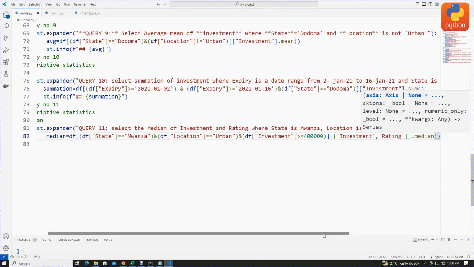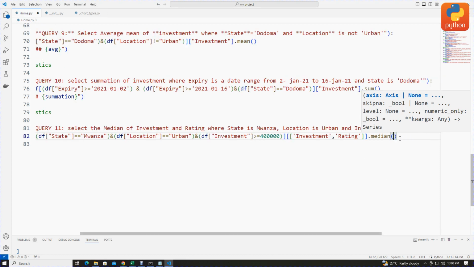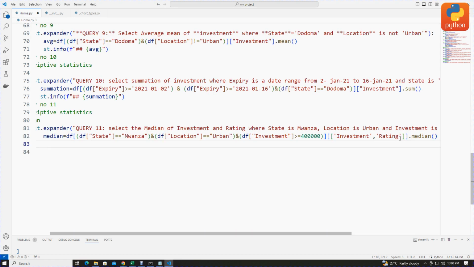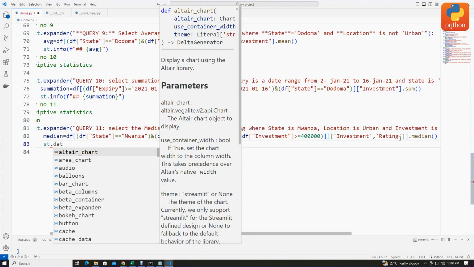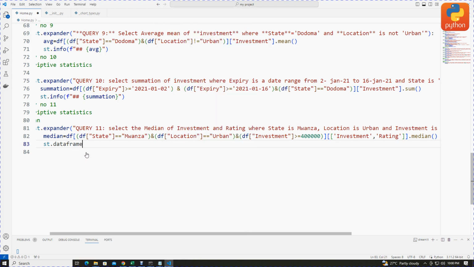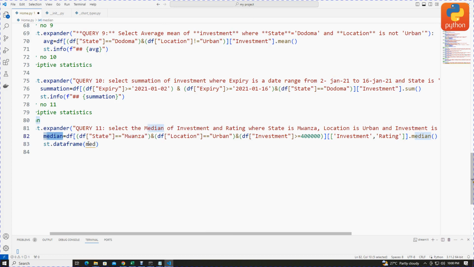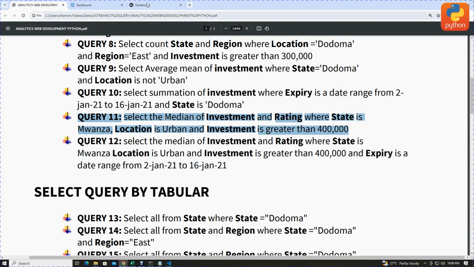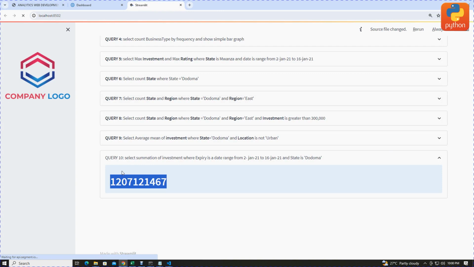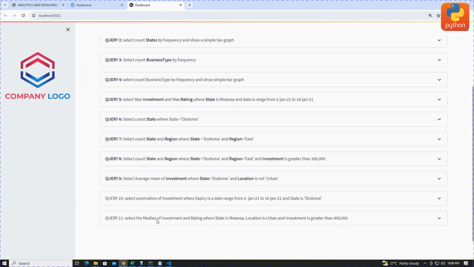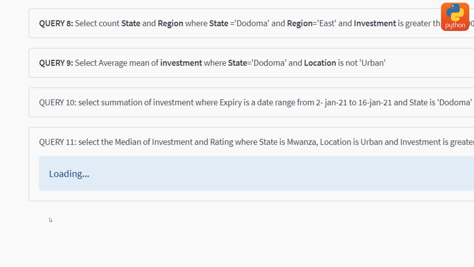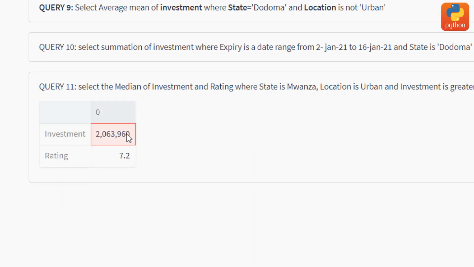Sasa values zinapokuwa zinakuja katika mfumo wa data frame. So hapa tunaandika st dot data frame, so values zinakuja katika mfumo wa data frame. Okay, then access ya user defined variable ambayo inaitwa median hii hapa. Okay, median. Save changes, query number 11, come to refresh and output. Okay, so now good. Yep, if you click, so now you can see median of investment and a median of